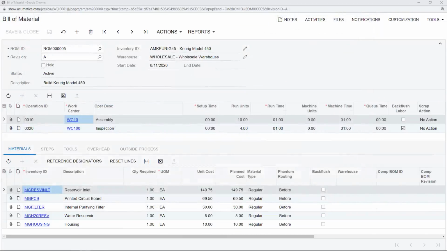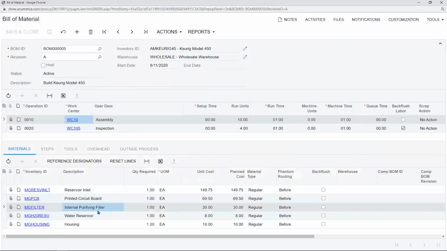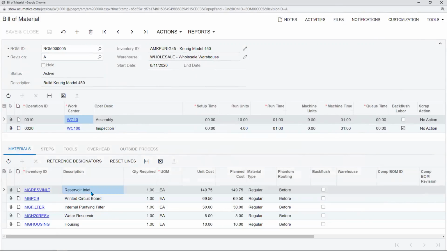Okay, so we talked about operations, we talked about work centers, we did discuss materials a bit, but I also just want you to keep in mind that those materials can either be individual component parts or they could actually be sub-assemblies that have their own bills of materials. The result of that, when you put a subassembly that has its own bill on a parent bill of materials, is you are going to get a multi-level bill